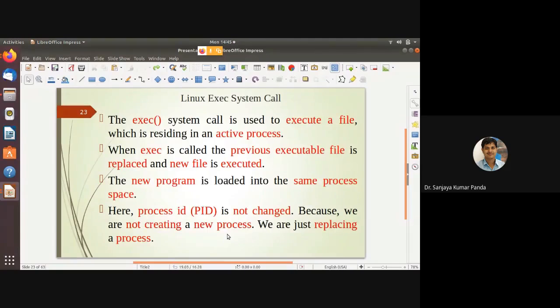Irrespective of the person, the house address is 101. Similarly, whenever you replace the existing file with a new file, the process ID is not changed, because we are not creating a new process, we are just replacing a process. We are replacing a process rather than creating a process.